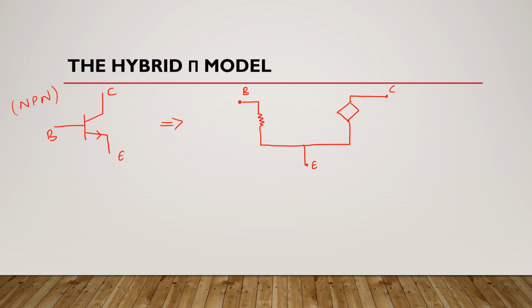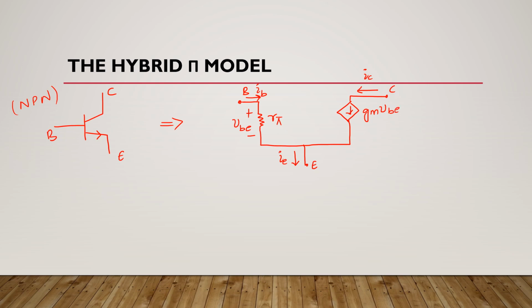And as you can see here in this equivalent circuit, a current source is added here in this collector terminal. This is the direction of collector current, this is the direction of base current, this resistance is R pi, and here we have voltage drop VBE. This terminal will be positive, this will be negative, and this is the direction of emitter current here, and here we have GM